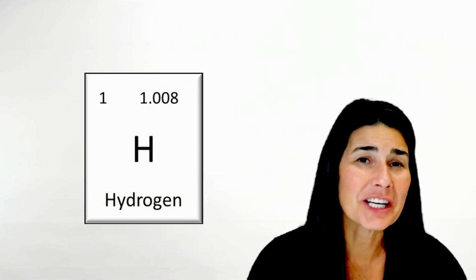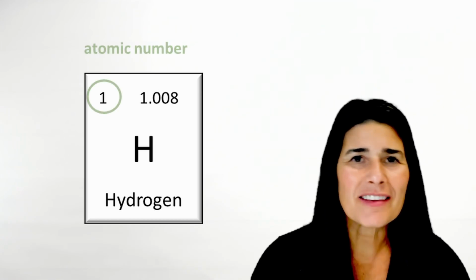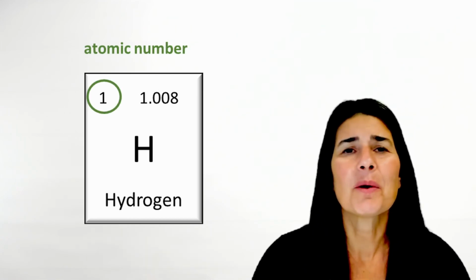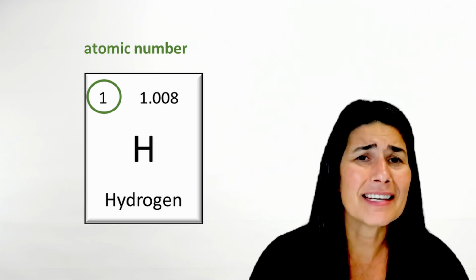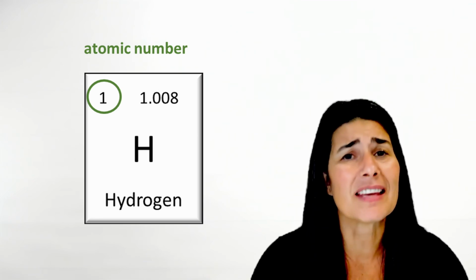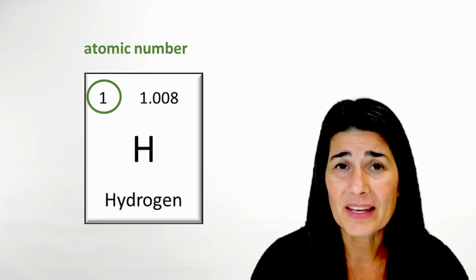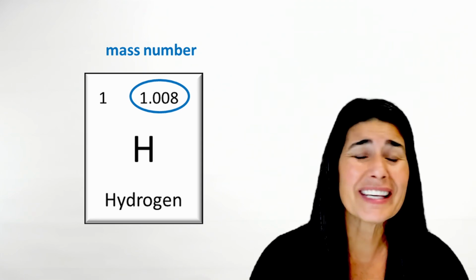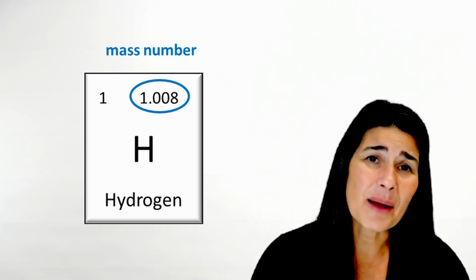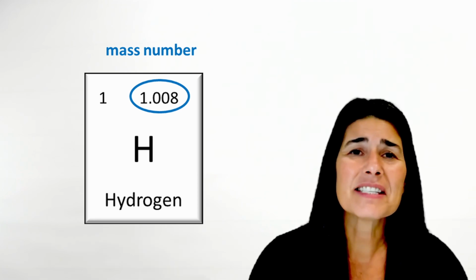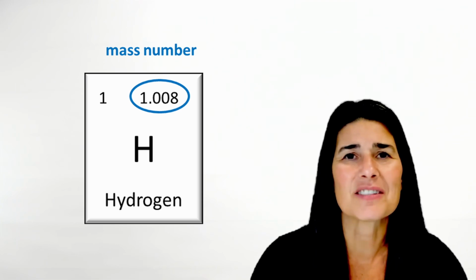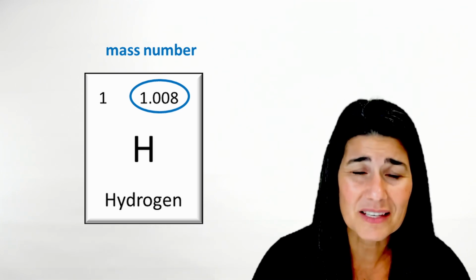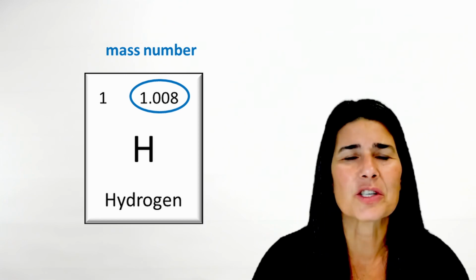I want you to remember that in any symbol on the periodic table, you're going to find two numbers. The smaller of these numbers, the whole number that you see, we call the atomic number. The atomic number gives us the number of protons, and it increases by 1 with each subsequent element on the periodic table. The other number that's given, usually as a decimal, is called the mass number. This number gives us the average mass of the element in units of atomic mass units, a really small number of grams. Those are the numbers you want to look at when you're trying to add up the